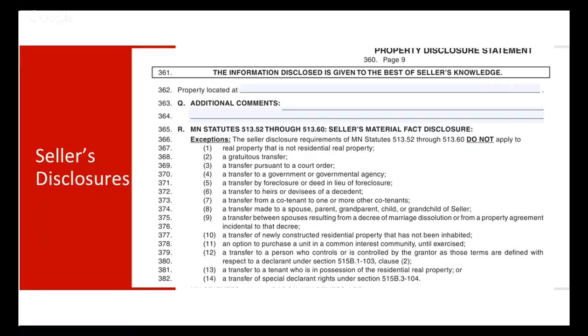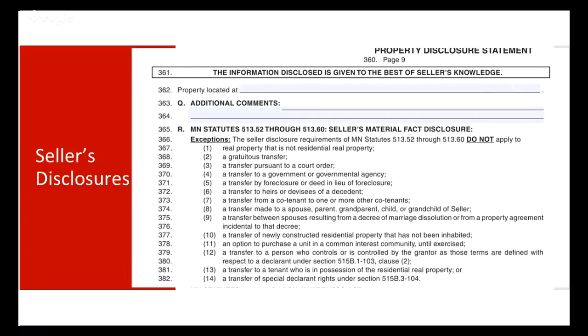Property address, additional comments they might want to add. Minnesota state law, material fact disclosure, exceptions. The seller disclosure requirements do not apply to real property that is not residential real property, a gratuitous transfer, a transfer pursuant to a court order, a transfer to a government or governmental agency, transfer by foreclosure or deed in